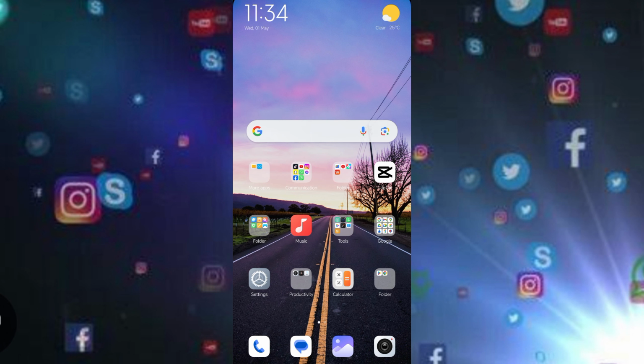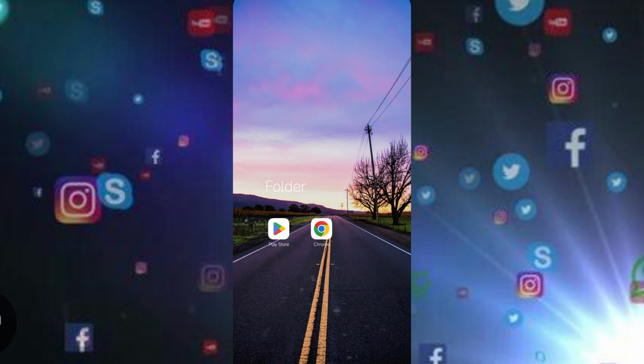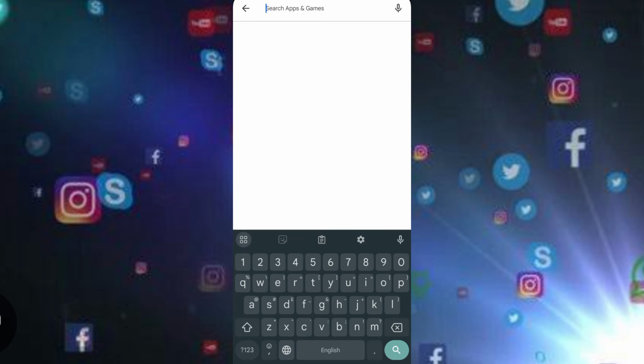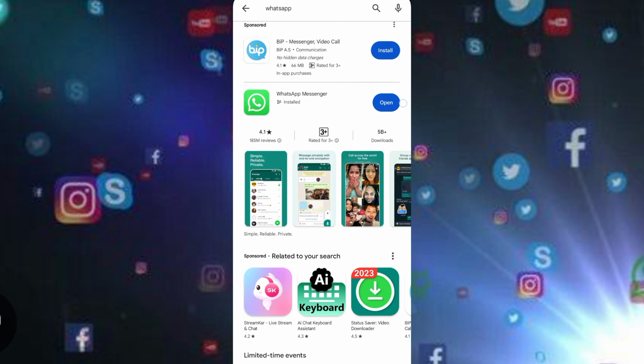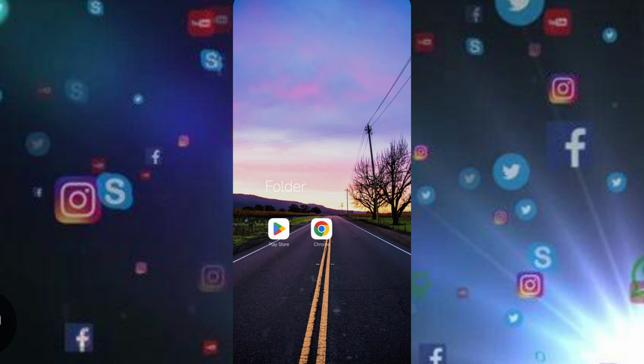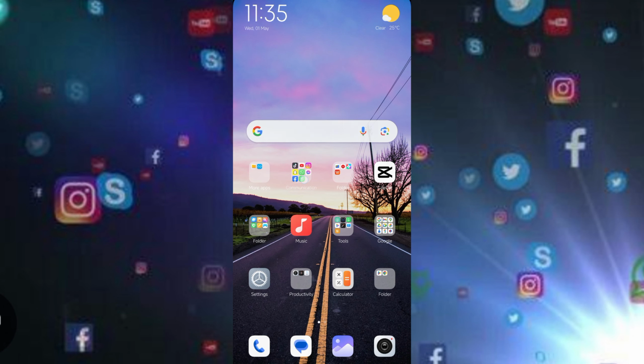So first thing that you have to do is go to the Play Store, and from there search for WhatsApp, and make sure that you are using the latest version of WhatsApp. Once you have done this, go back to your WhatsApp account,